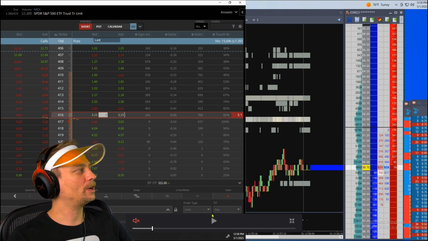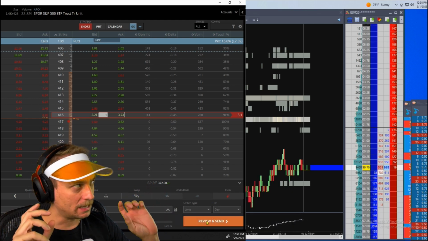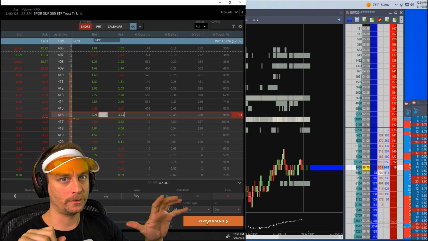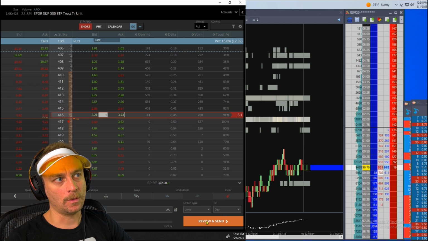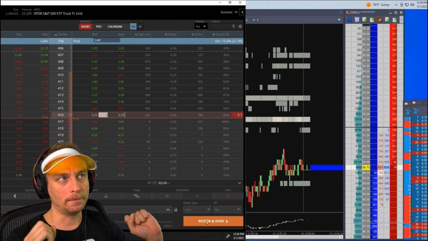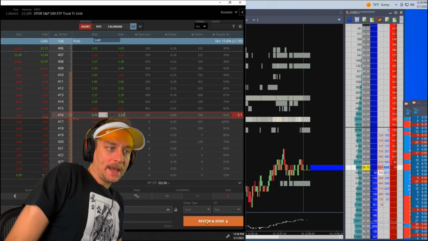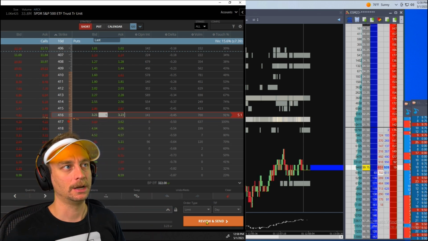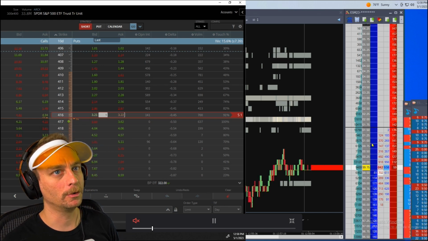Now, one thing you guys got to know is, again, these bid offers will change over theta decay or time decay. And then the option market also puts in implied volatility. So the bid offers also are moving based off of implied volatility. But for the most part, they are at this point moving with the market.